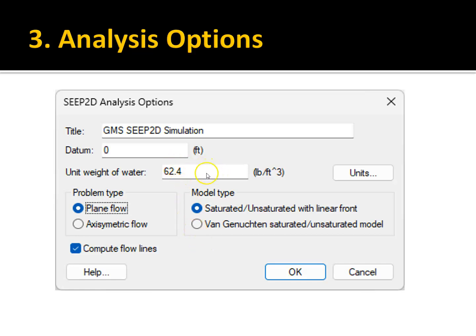You also define your units and enter your unit weight of water. And one of the cool things about SEEP2D is it will automatically generate flow lines for you. Not the equipotential lines, but it'll generate flow lines,